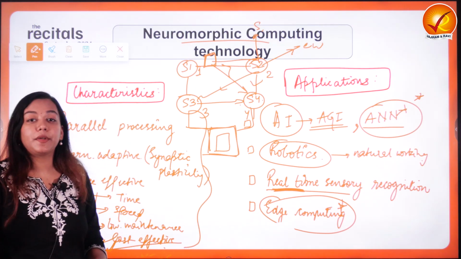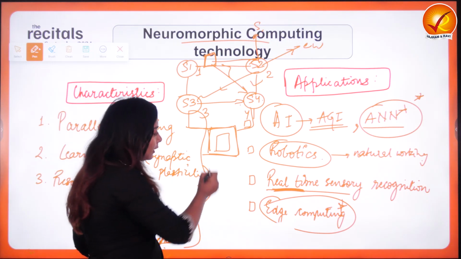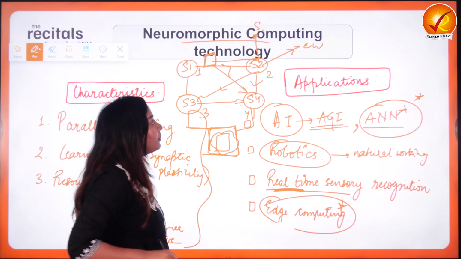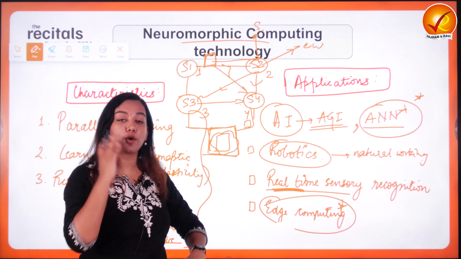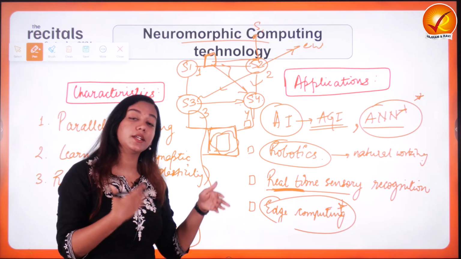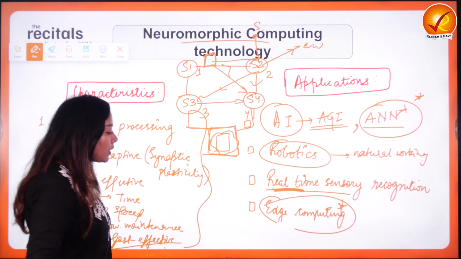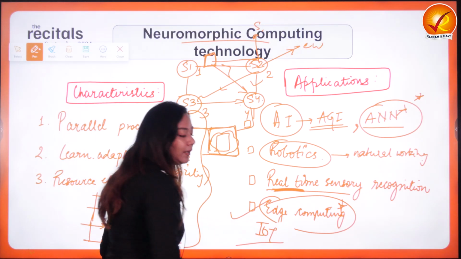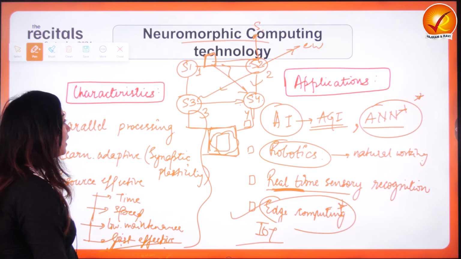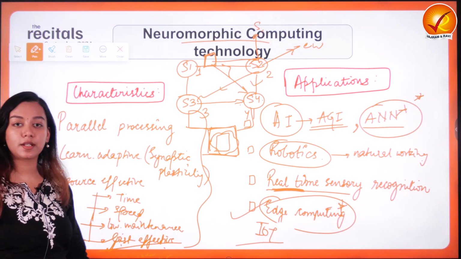This will be further upgraded if this processor is nothing but a human brain, because the human brain is able to analyze different kinds of data coming from different sources, process them parallelly and give out results in quicker time, right? So it is also helpful in edge computing, which also requires the application of IoT, correct? Now, let's move to the next topic. I hope this one is clear to you.